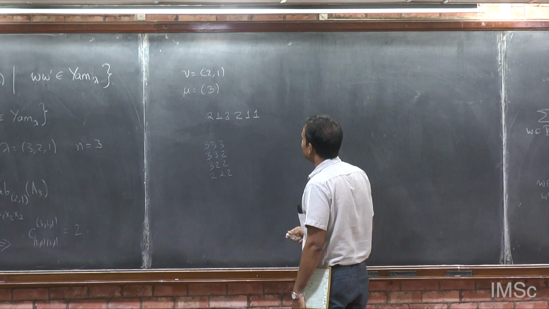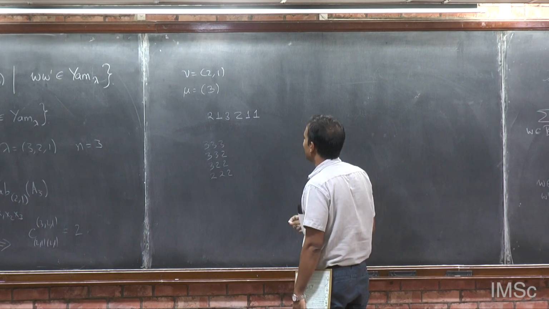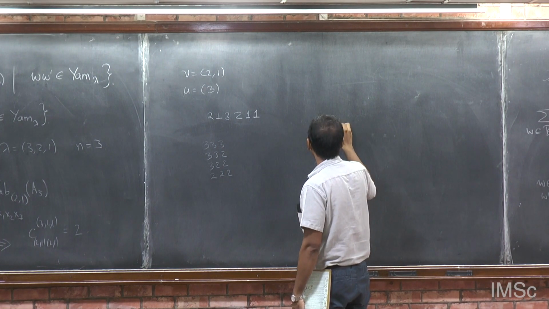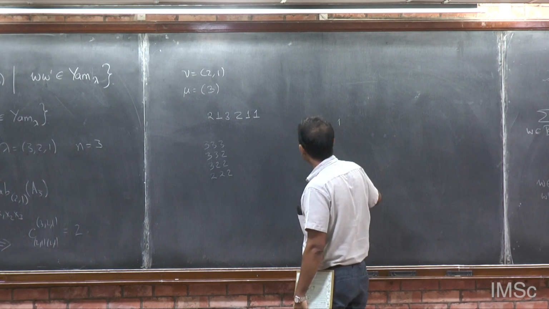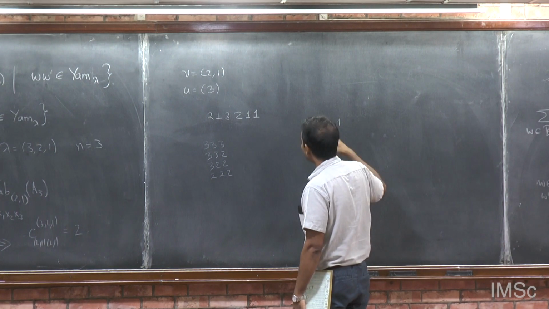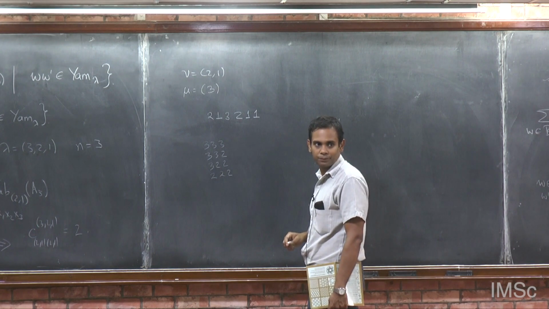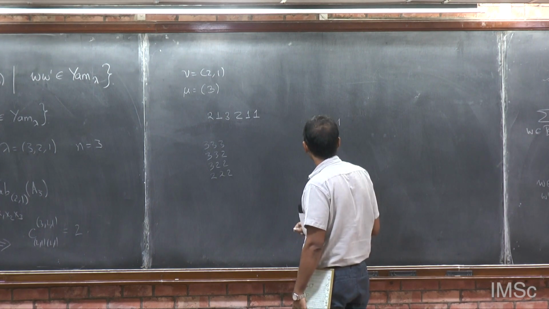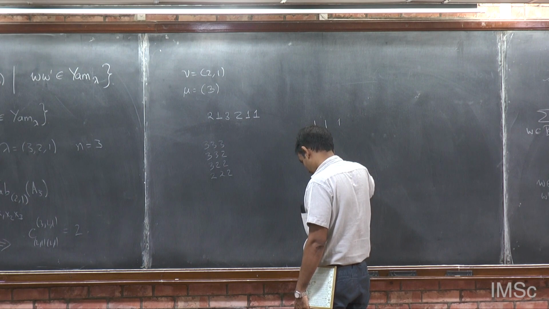So what's happening here is that the weight, how has the weight changed? I've added a 1 here, I've added a 1 here, a 2 here, and I've added a 3 here. So the way the weight has changed is I have added some numbers to each row. But what I want to say is that I cannot add,